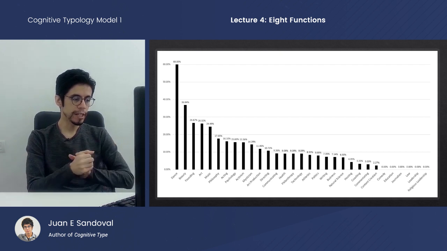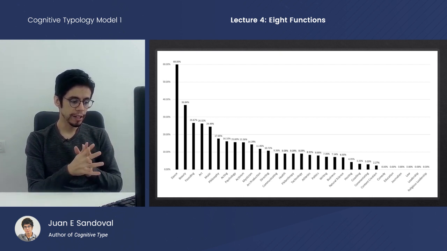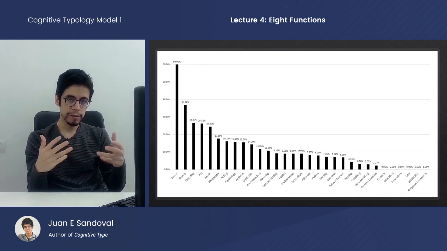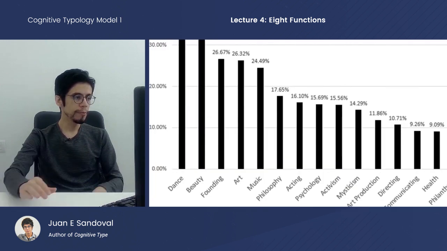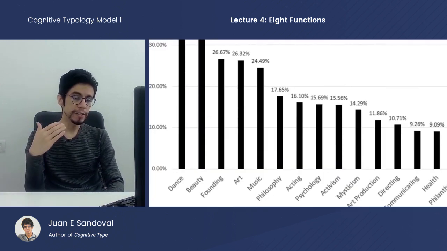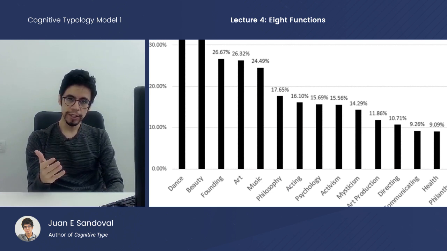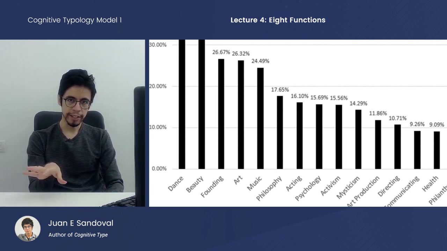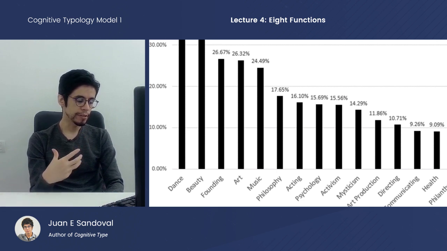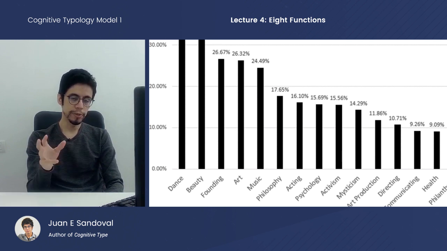And if what we're saying is that JI types are introverted or withdrawn from the object, you would expect them to be less visible. But here's what we tentatively see so far. Just in the public space, we find them most commonly in dance and in beauty, such as in fashion or modeling, in founding, which is like as founders of institutions, which is not the same thing as a CEO, because you can be the founder of an idea of an institution and then have a CEO that you hire to do all the executive work, but you primarily were in charge of creating something that had a vision and a dream to it. Art and music, of course.